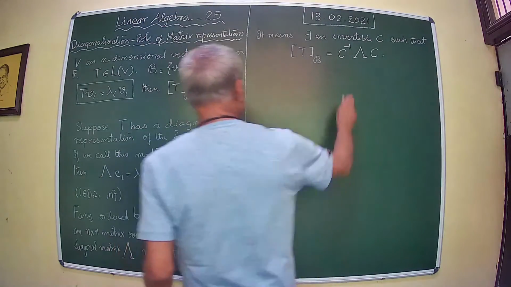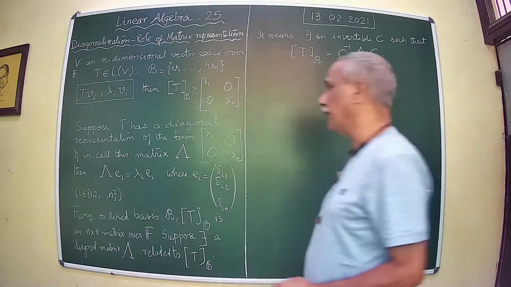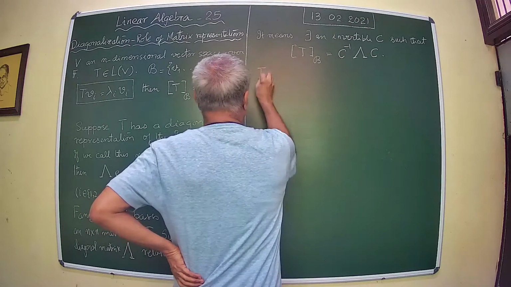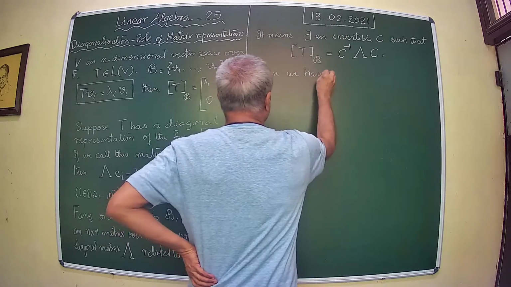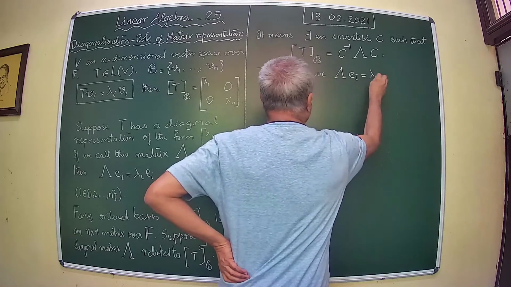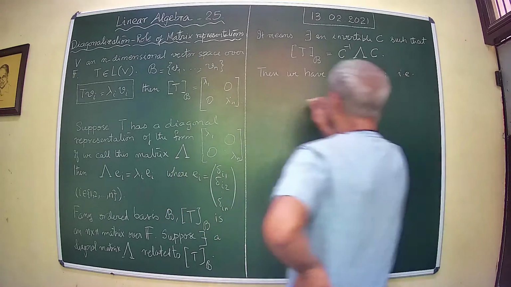Now for lambda, E1, E2, up to En are eigenvectors. We have that is, Eis are